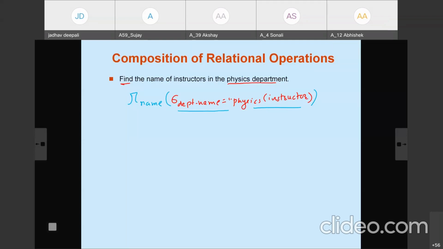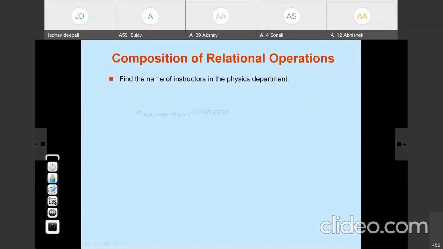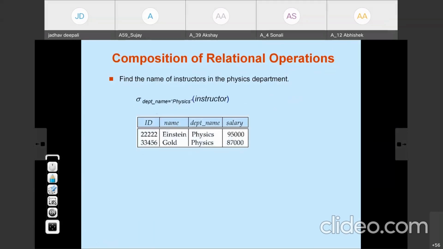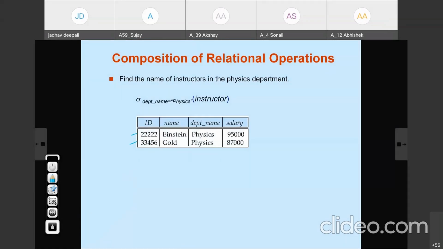It finds only those tuples where department name is equal to physics, and from those tuples the project operation lists only the name of the instructor. So see it with a proper example. First the subquery is executed, the department name is equal to physics. So these two tuples are there with the department name equal to physics.